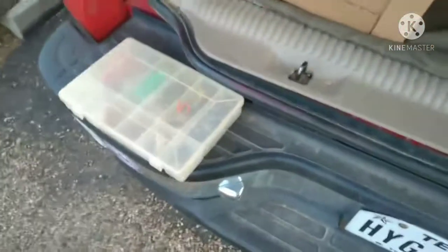Okay, yeah, three actual tackle boxes, and then I call them parts boxes. I don't know. Anyway, also